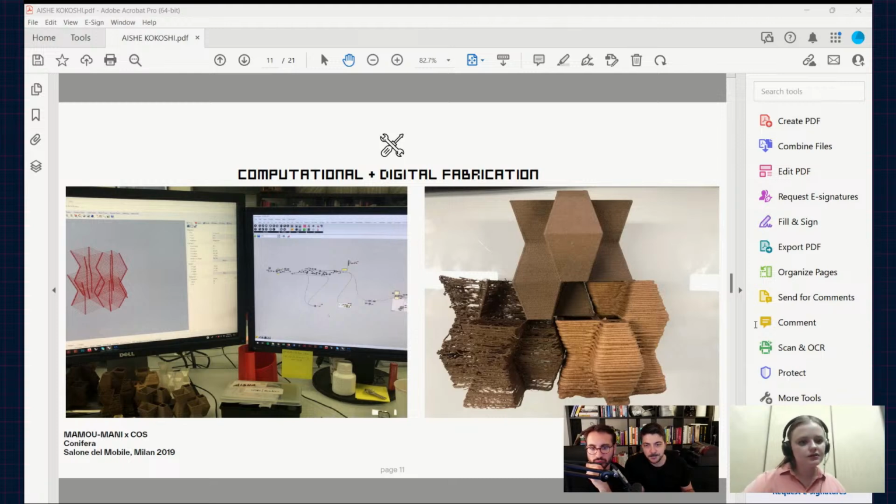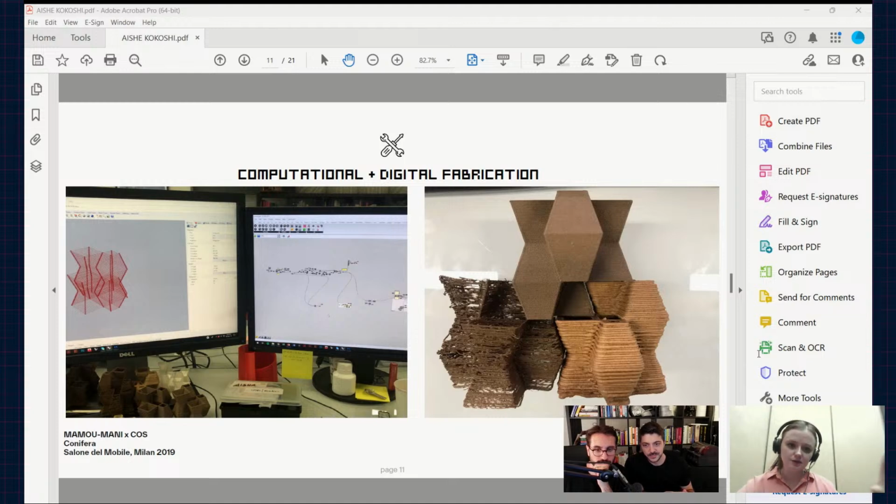I mean, it's not for the final model, but you can still keep the mistakes as part of the process, or just keep them on the screen. Or maybe reuse the material to 3D print something else, so we don't waste material but reuse it. I think now they have the machine for that. When I was working there, we didn't have it.